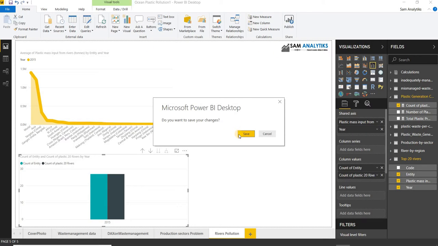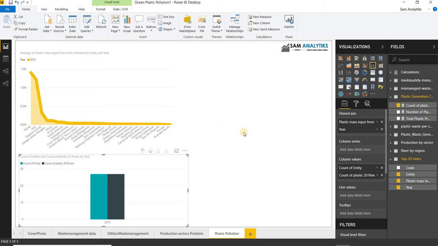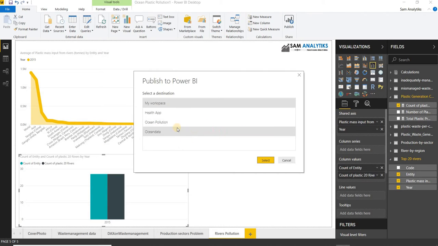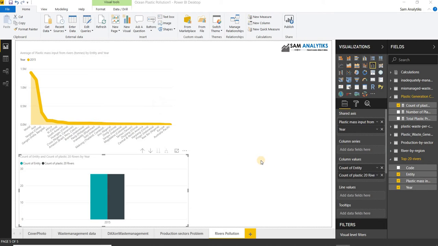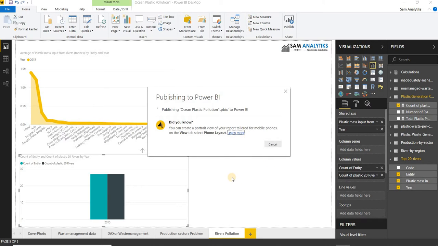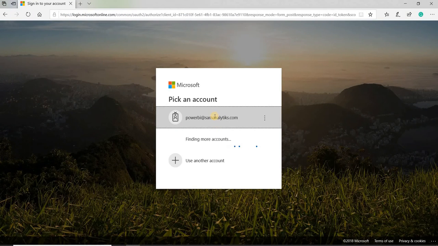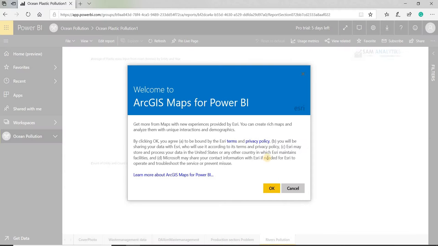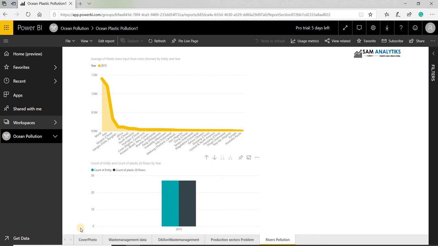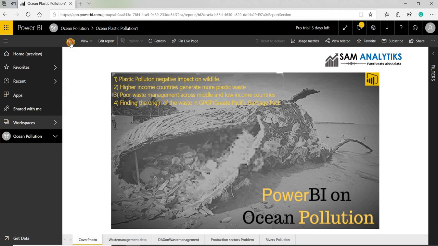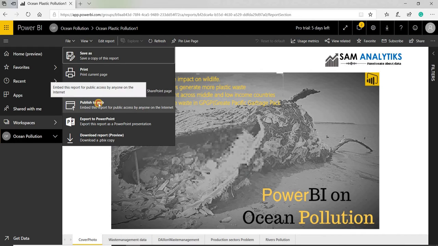Now if I go in here and publish this report, I can simply say that I want to save this report, and once I do it, I can save it as ocean pollution by replacing my previous data set. And once I am publishing it, it will go to my Power BI service web server that can be shared with any of the individuals if they want. And once I'm in here, I can check my logins, and if my logins are all correct, it's giving me access to all parts of the visuals. And like that, my visuals are all set, and I can publish it to the web.